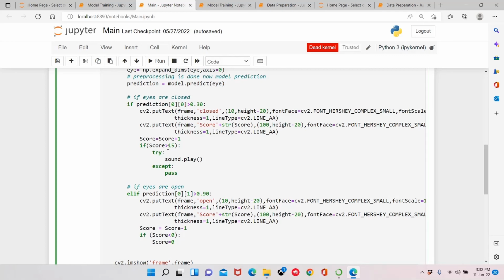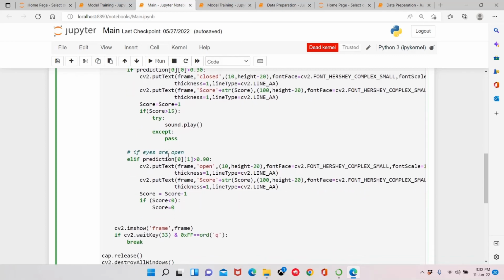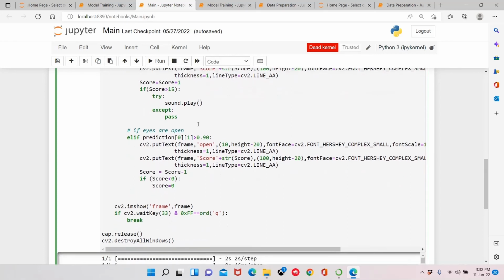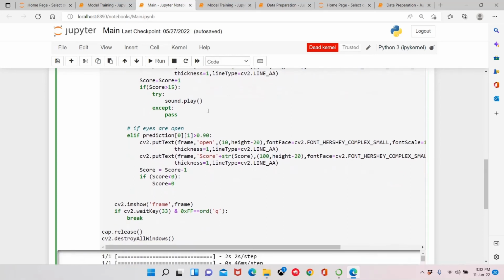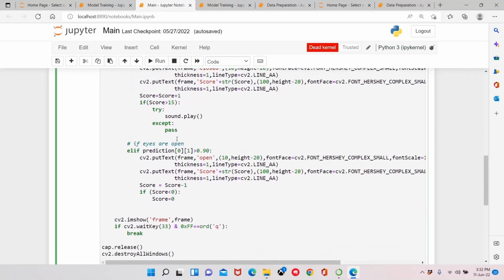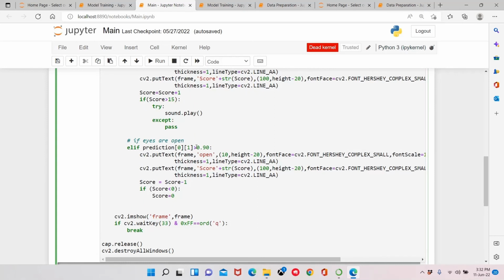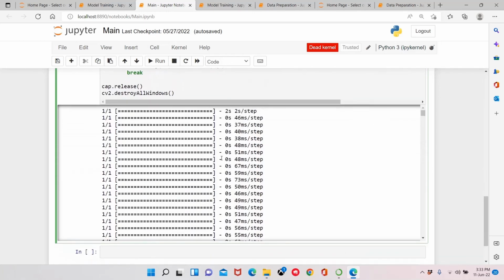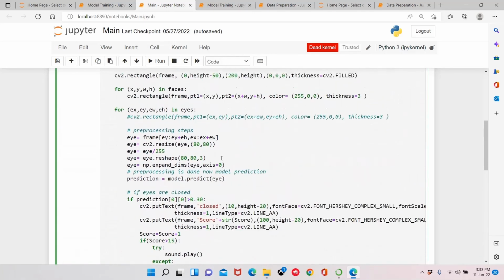If the score is greater than 15, then play the alarm sound and alert the driver. And if the prediction for opening the eye is greater than 0.90, then we will predict that the eye is open, and the score which was increased before will reduce one by one, step by step. This is the coding part.